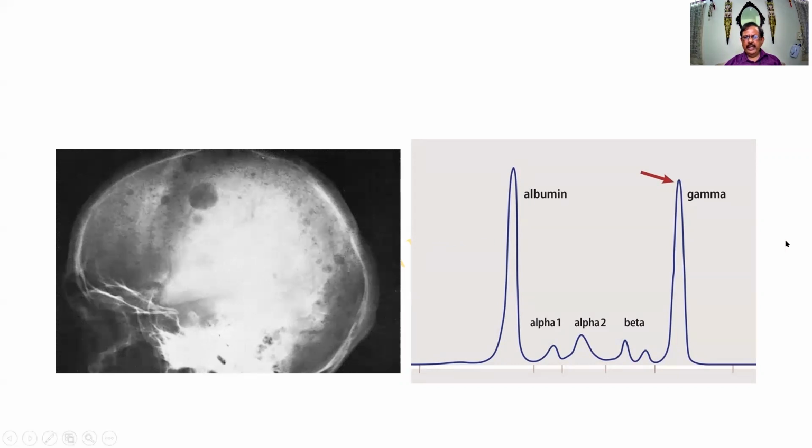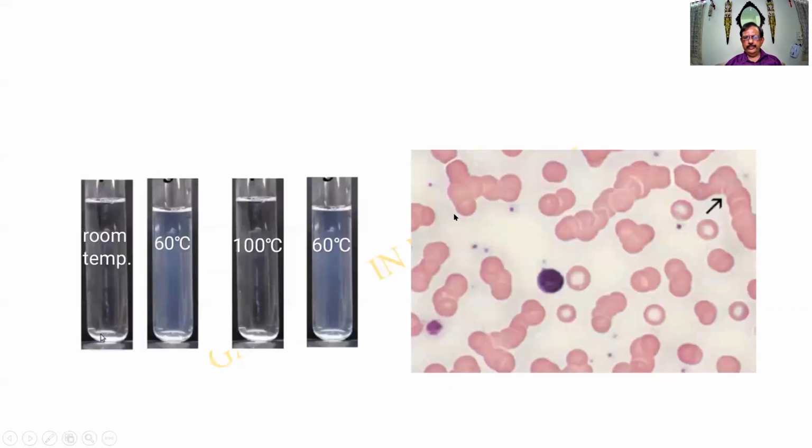And when the serum protein is sent for electrophoresis, I find that there is a segregation. After all, the function of the electrophoresis is to segregate the different components. And the gamma globulin or the myeloma protein is found to be present. Sometimes there can even be a reversal of the albumin globulin ratio. The urine will be showing this kind of changes.